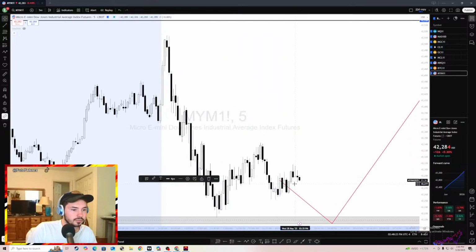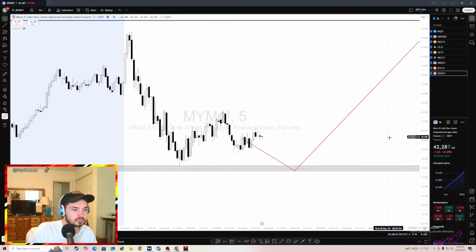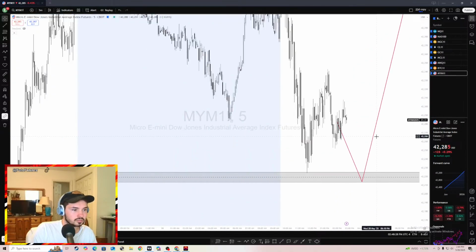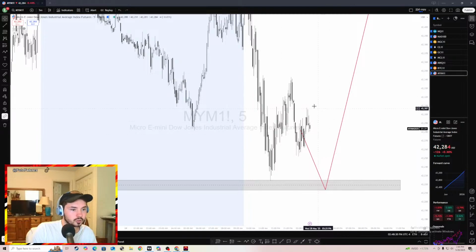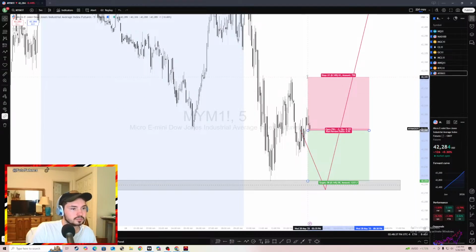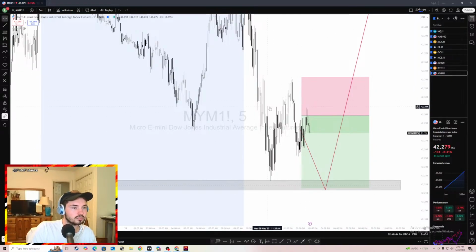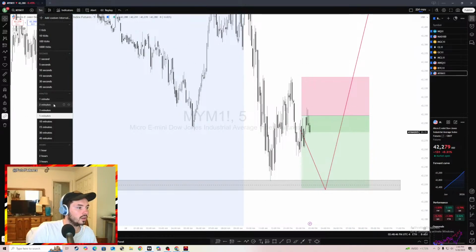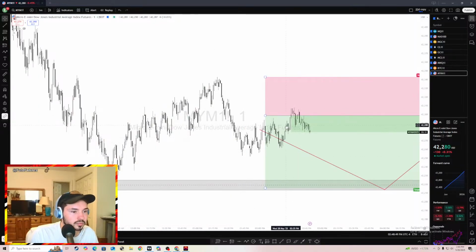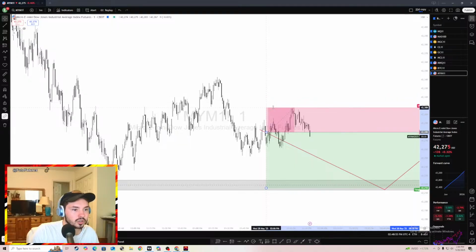So let's see, we're looking at this here. You can see we failed twice, working our way down. Maybe I want to take a short trade on the 1-minute time frame. Maybe get it a little bit higher up so it's a better risk reward. And I'm targeting down to this point right here. Sorry, this is supposed to be on the 1-minute. I'm actually targeting downwards right here, and I want to target it down to this point.